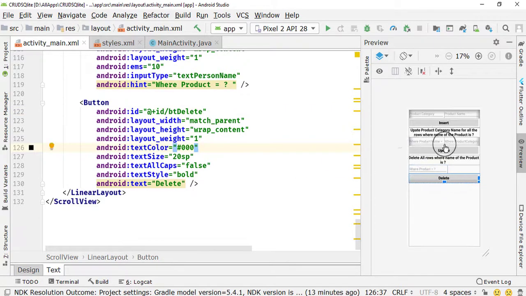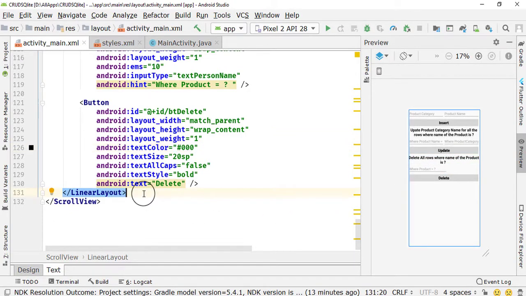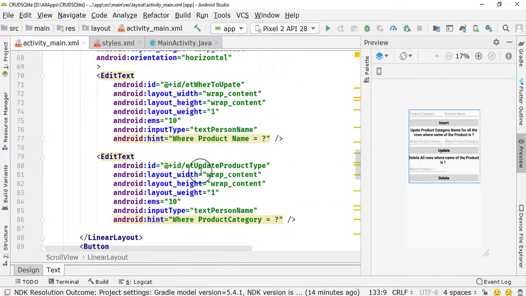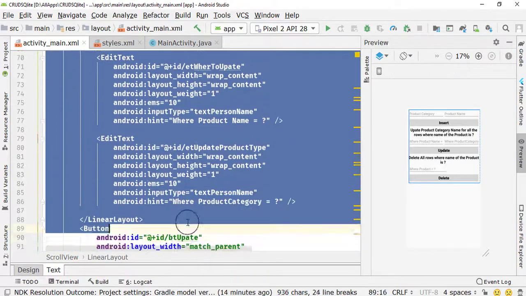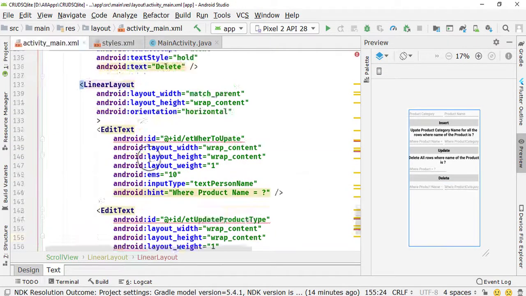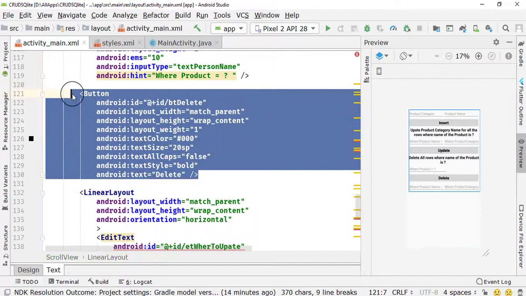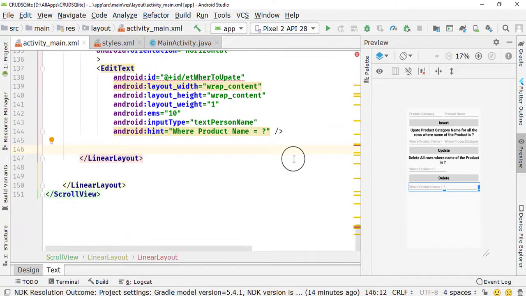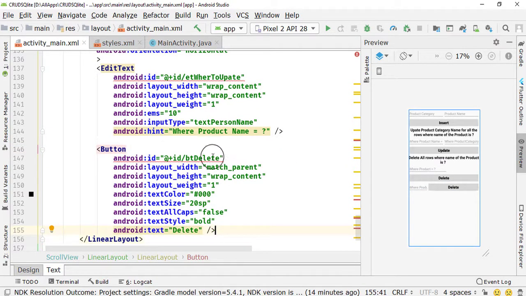So now we have actually set the layout for the 3 operations that we want to perform. Then we want another edit text. So after the end of the button code, making some room, here I need one more edit text. So instead of this, I need to go to the top, and from there I'm going to copy this linear layout and paste it here. So here I just want a single edit text, so I'm going to copy a button code and remove this edit text code by pressing delete, and then I'm going to paste the code for the button.